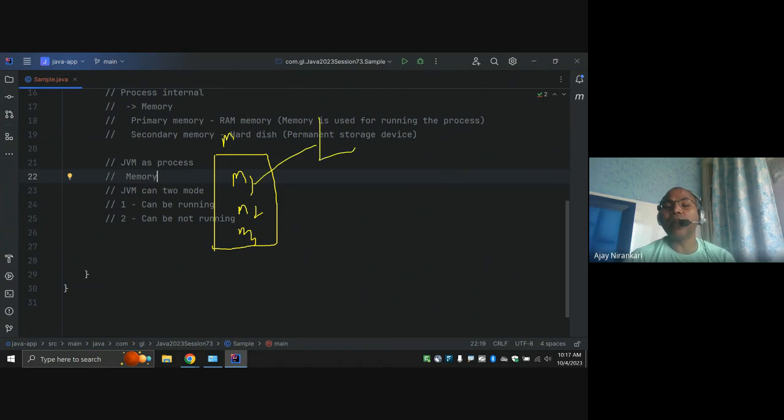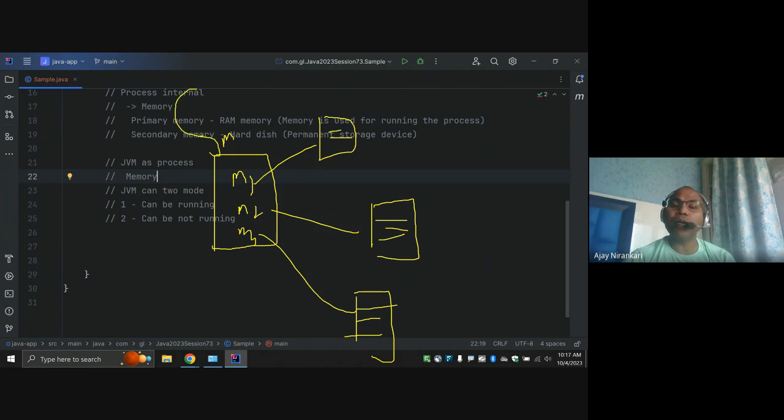So this is the method 1 logic, this is the method 2 logic, and this is the method 3 logic, right? I have written some lines of code. By default, whenever your main application starts, it is going to first complete this line, line 1, line 2, line 3, line 4.